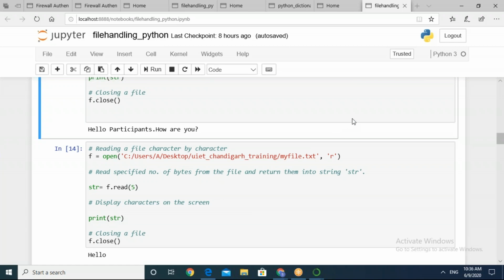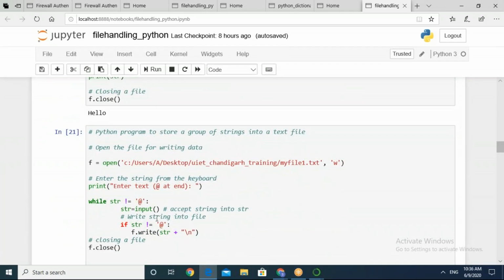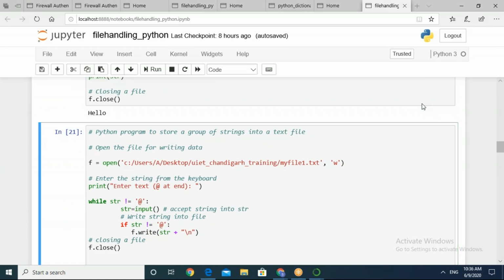I hope many of you have done this, so we can move to the next example. The output here in my case is hello, whereas the earlier reading mode example had the complete data. That one read the complete data character by character, and then we closed the file handler. Here, I have limited my read method to reading only the number of bytes which we are mentioning.